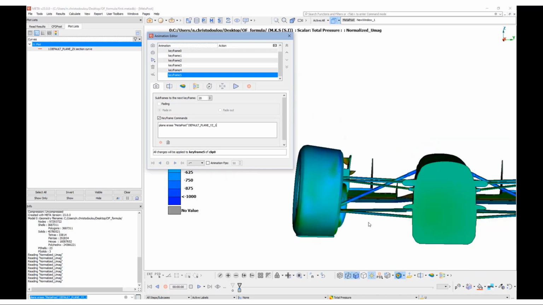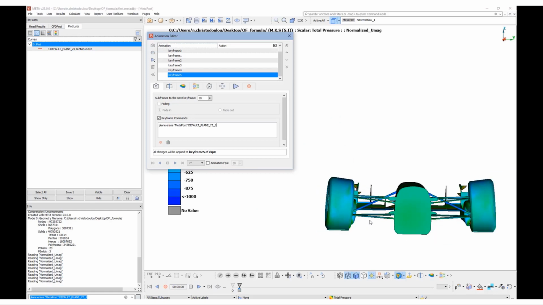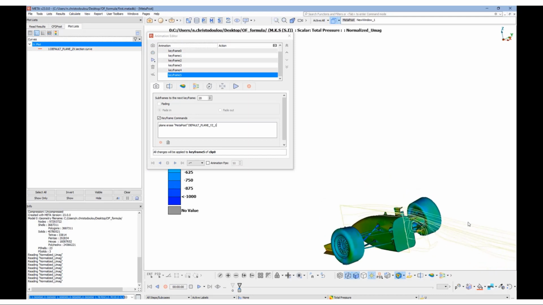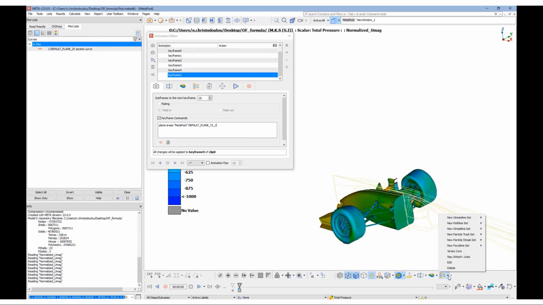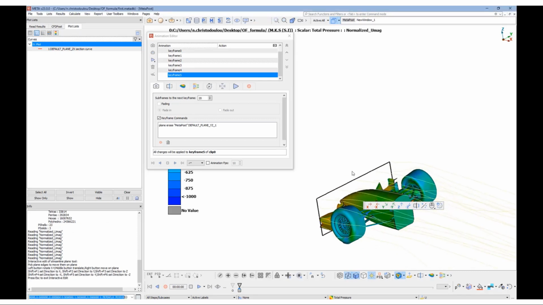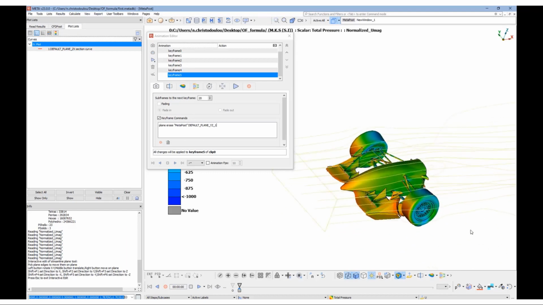This is an iterative process. We need to make sure that the animation will be run smoothly. So many things are trial and error. Let's create some streamlines that will be used as an animation inside the animation editor. So the animation of the streamlines will start when a specific keyframe will be executed from the animation editor.